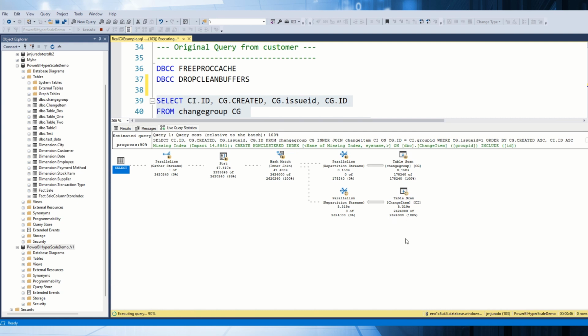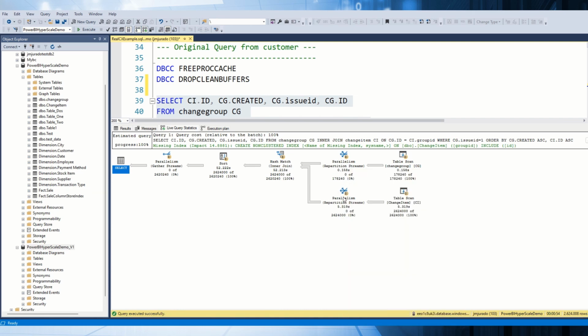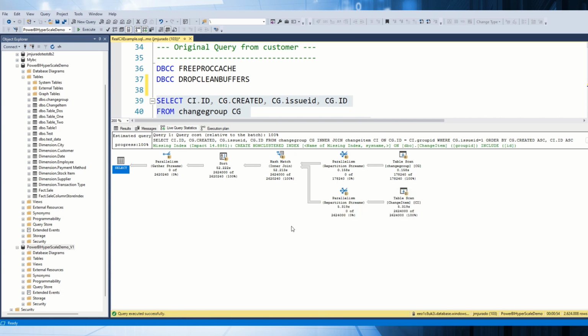These two are heap tables, as right now we don't have any clustered index, etc. We run these two objects in parallel. That means that we are going to run this query in parallel using multiple threads. The hash match means that